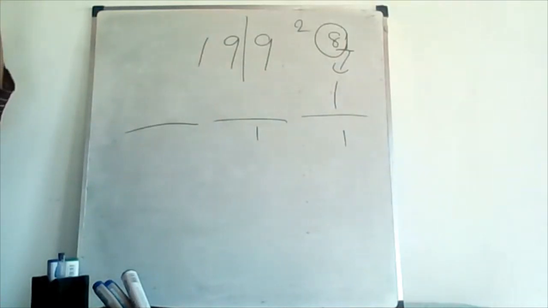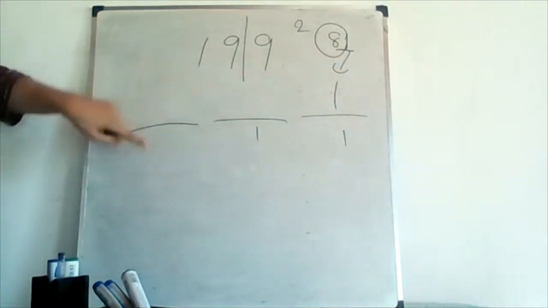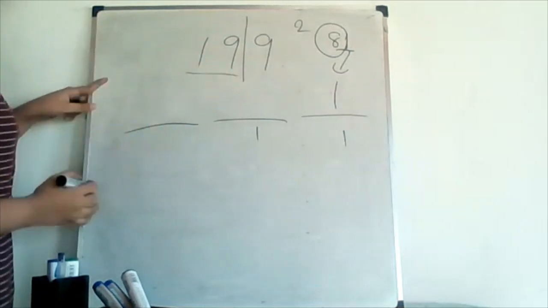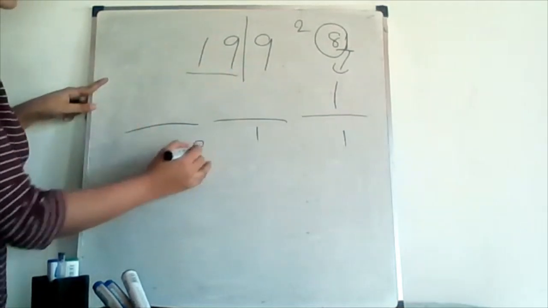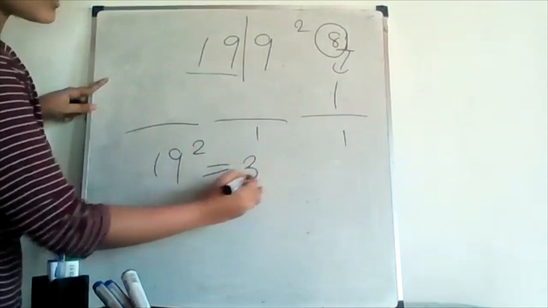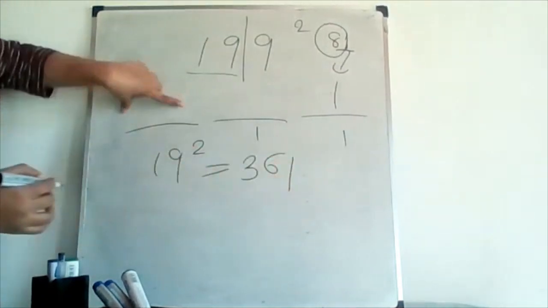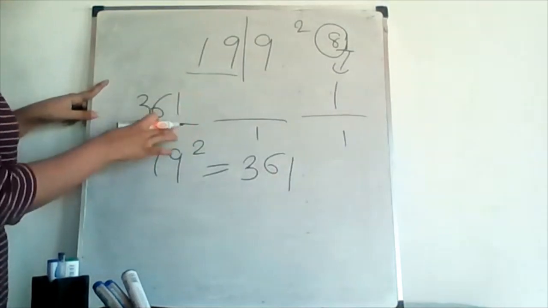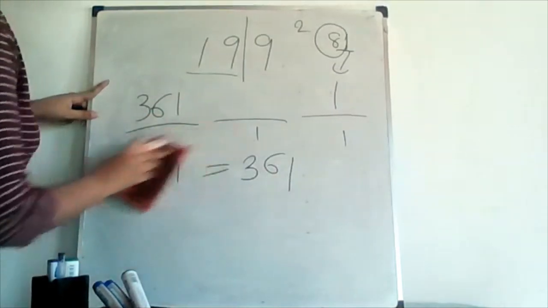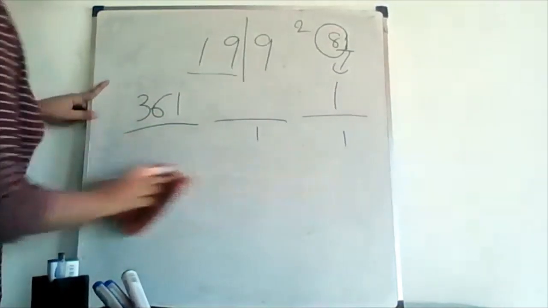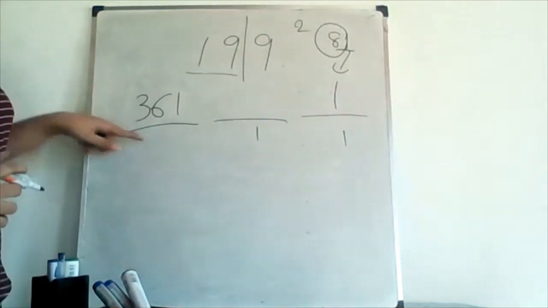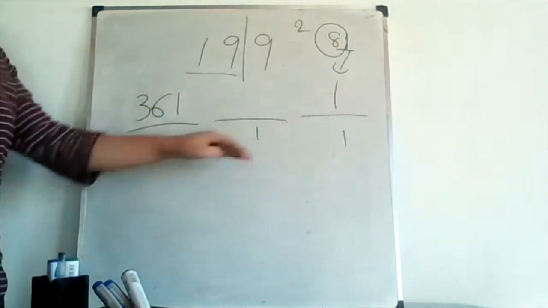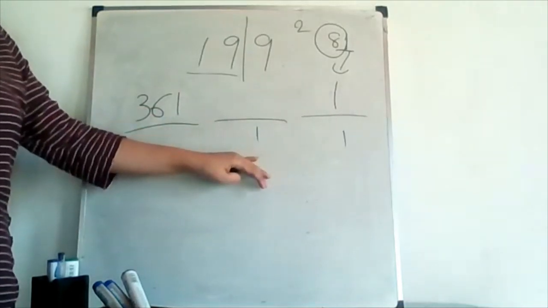Right. So after that, we have to find out the value for this first group. That means the square value of this one, right? That means 19 squared. 19 squared is 361. And there are no limits. That means we can write 361 for the first group in the answer. And now we have found out the values for the first group and the last group. Now we have to find the value for the second group of the answer.